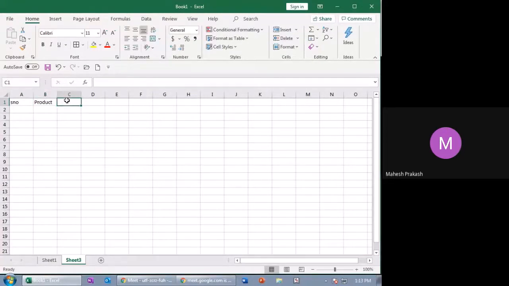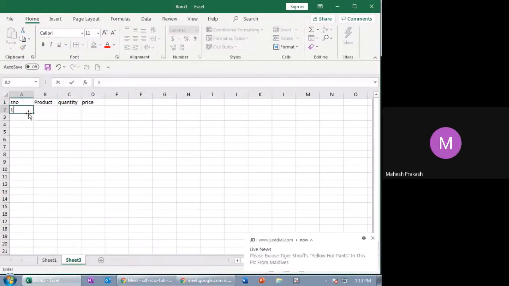Now I'll show you with a new table as well. Quantity and price. Meanwhile, we'll take just five elements like rice, wheat, book.